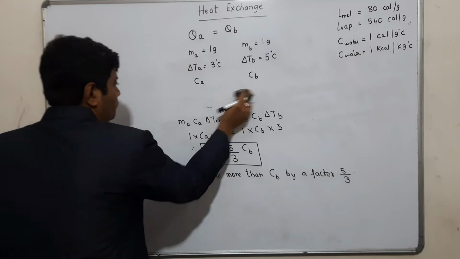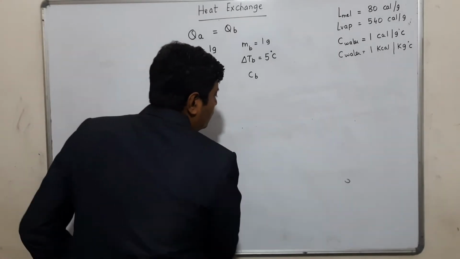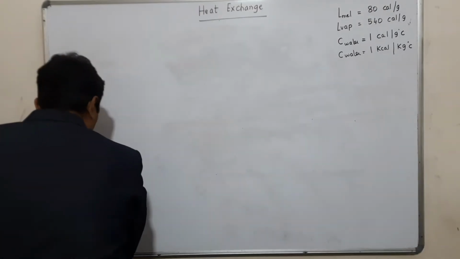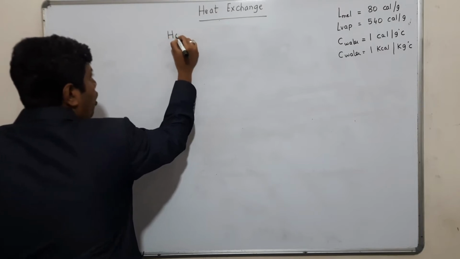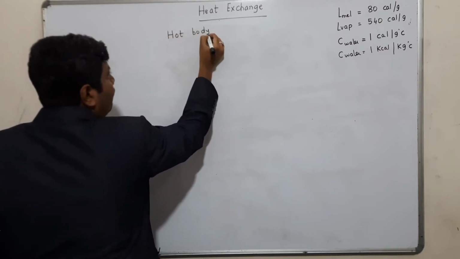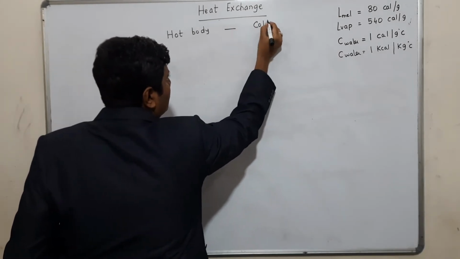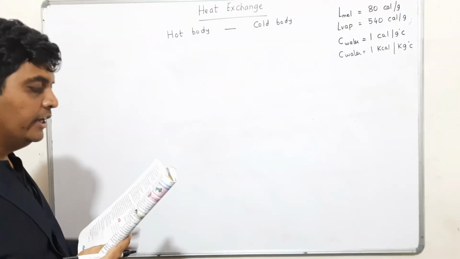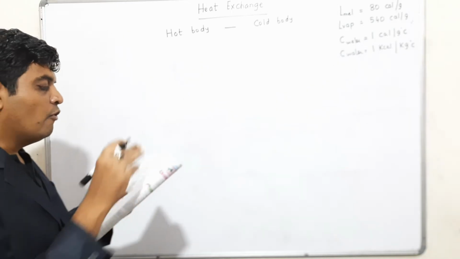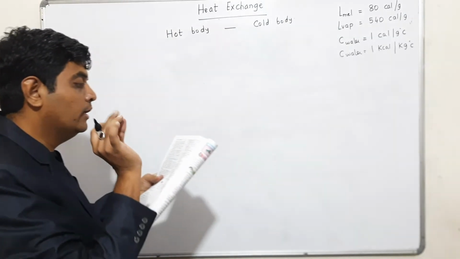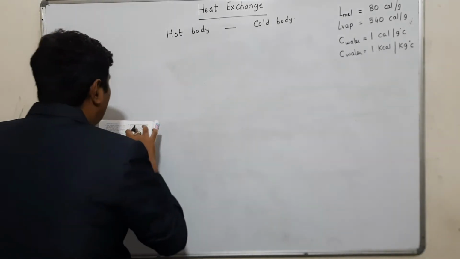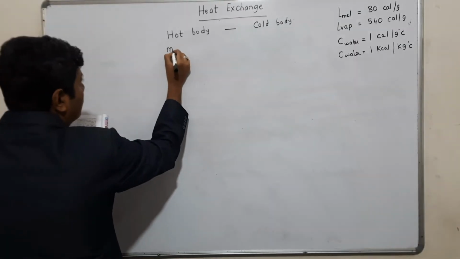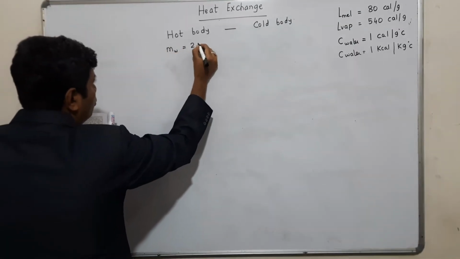Okay, now next sum. When you are solving these sums, see what is easy. You write down what is your hot body and what will be your cold body. Okay, now here liquid ammonia is used in ice factory for making ice from water. If water is at 20 degrees Celsius, so your hot body is water. Okay, so water at 20 degrees Celsius is to be converted into 2 kg ice. So mass of water is equal to 2 kg